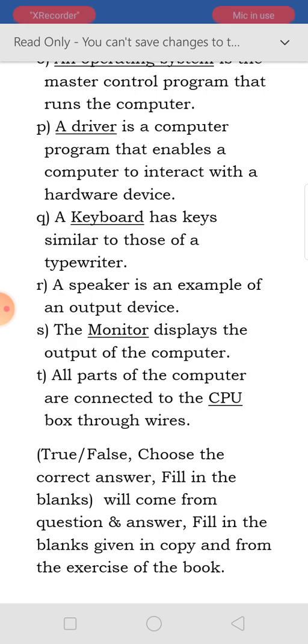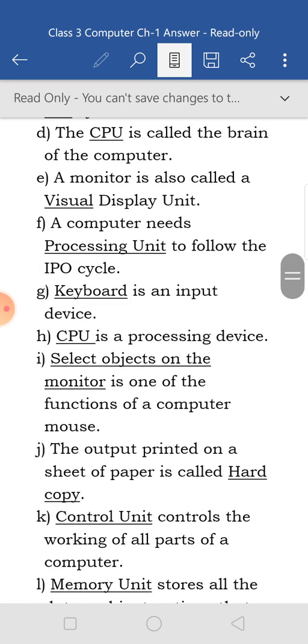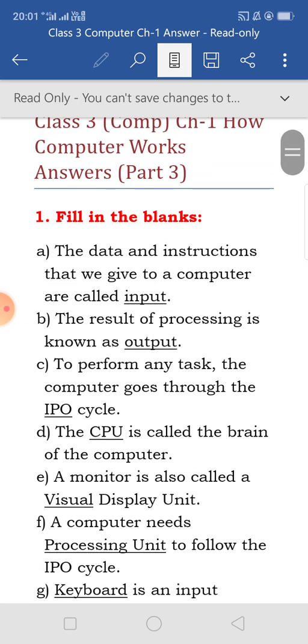Till the next class we will start our next chapter. Before that, complete this chapter, read all the chapters and read the whole set of question answers I have given you in the previous class. Read that also, and read these fill in the blanks. I am giving this as a PDF also. You can see it, or print it out. Read at home. Don't waste your time, because as soon as the school opens, you have to give the exams.